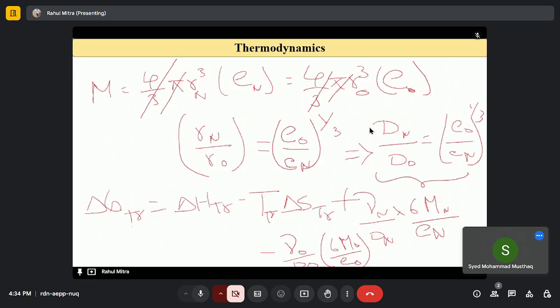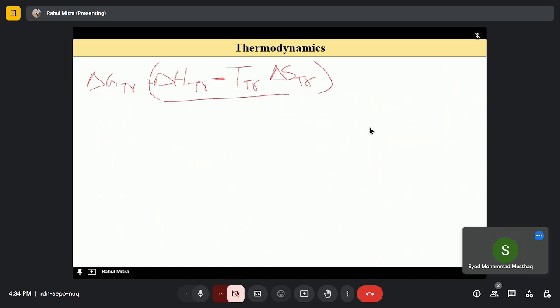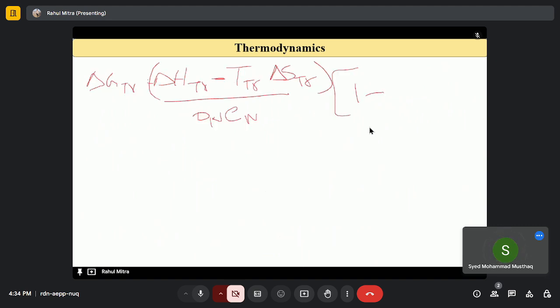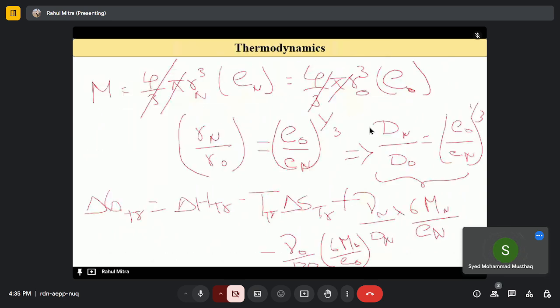Yeah, d new and rho new. This should turn out to be, and also other constants like, yeah, we can take gamma new as a common, or even if you don't take it, if I just put it like this, gamma new, this will turn out to be,